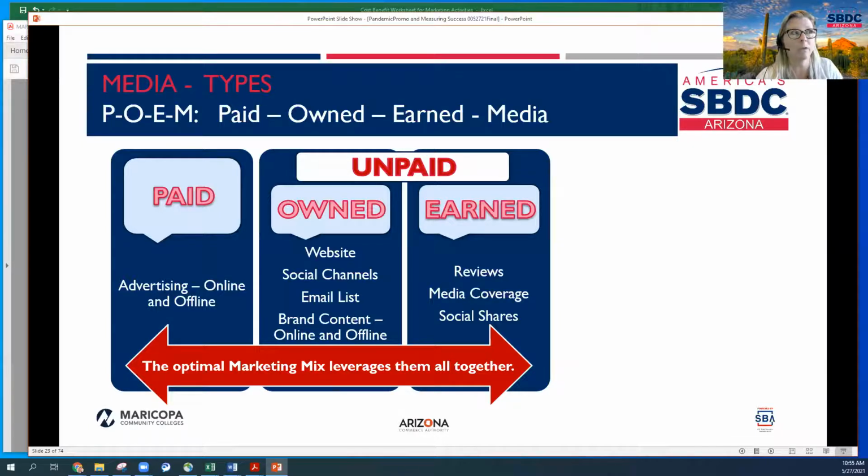What about when you originally developed the whole site? What about the ongoing hosting? What about the maintenance? What about the time it took to create the resources to optimize or to write the blog itself? You can see that it's not really free. So even though we're calling it unpaid, we're going to start to really know and understand what our investment is. But some of these are the owned types of channels that you have, your social media, even your branded